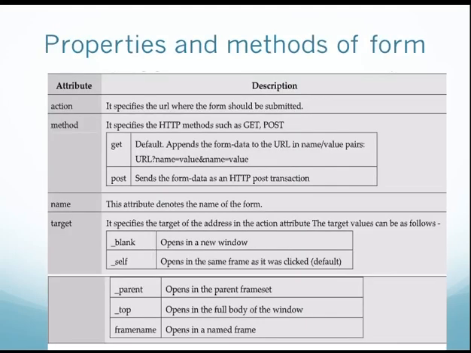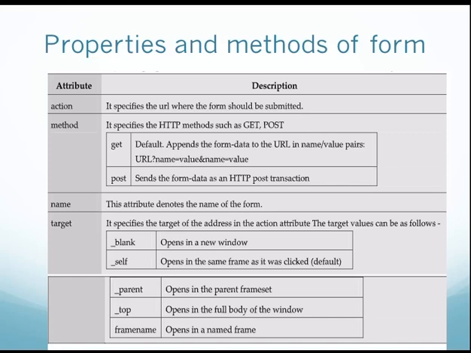next we'll see the form tag. So there are various attributes of this form tag. So here we'll see what are different attributes of form tag. Okay, so see the table given below, that is properties and methods of form. We'll see the attributes of form. First attribute is action. So form tag has basically one attribute called action, which specifies the URL where the form should be submitted. That is, action will specify a URL where the form needs to be submitted.